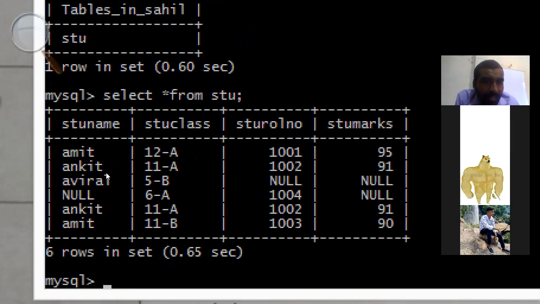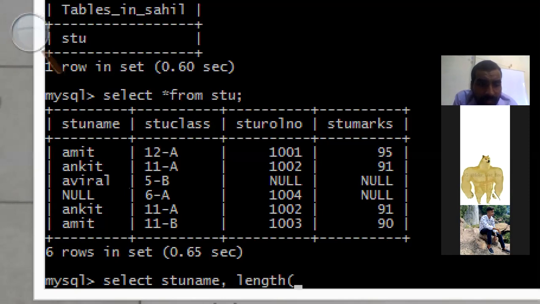There are 3 plus 3, 6 records. Now suppose you want to use the length function on STU name. What will you do? You have to write the select command, select STU name, comma, then the function name, length.